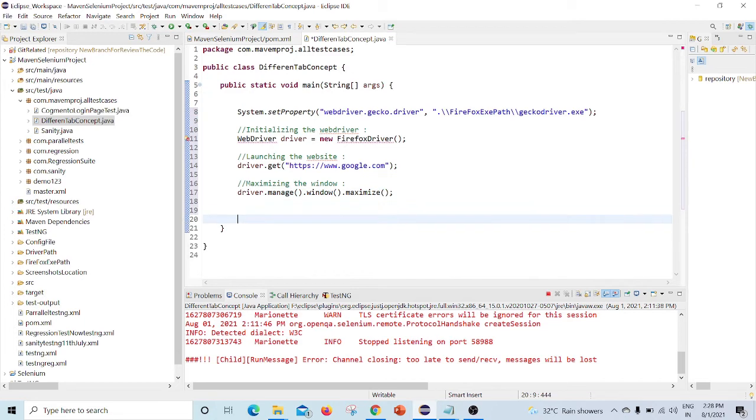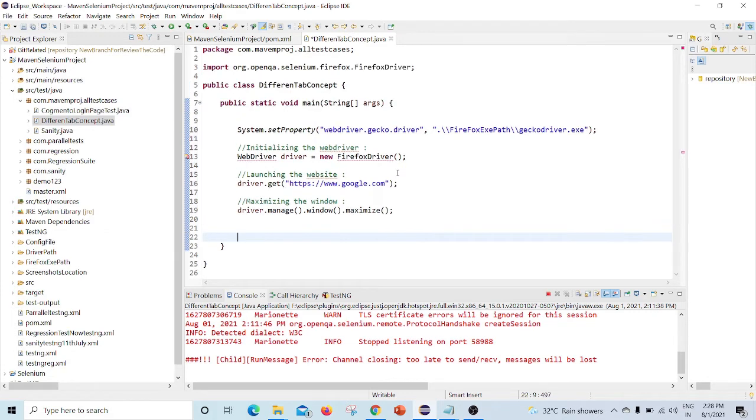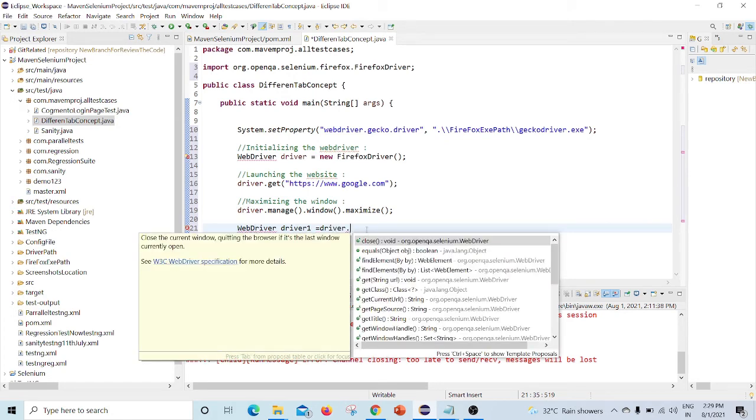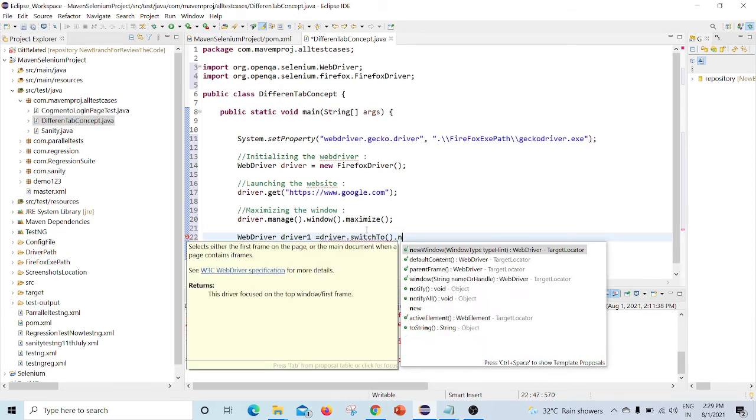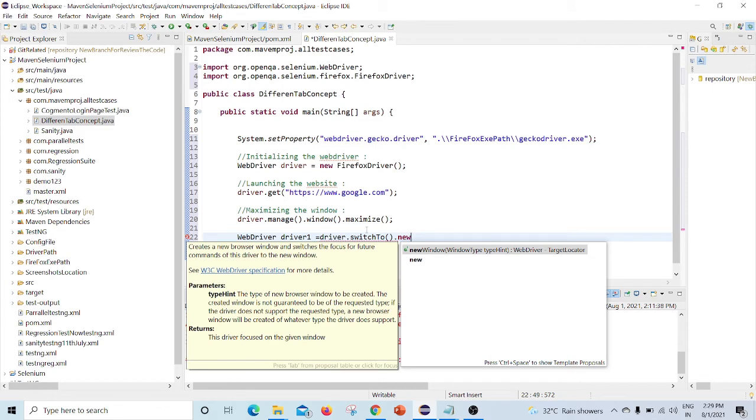After that I'll add another WebDriver reference, because I'm already using WebDriver with new Firefox driver, so I have to add another WebDriver reference here. WebDriver driver1 equal to driver dot switchTo dot newWindow. This is the new feature from Selenium 4.0.0.